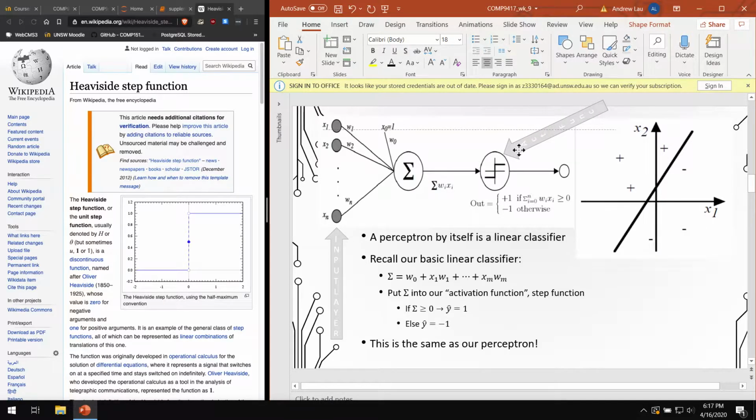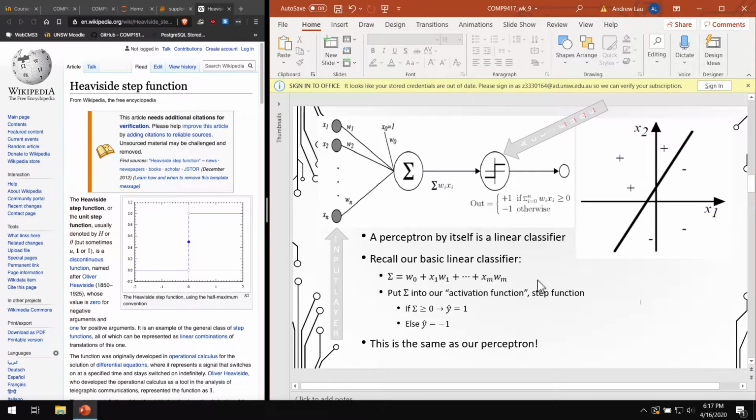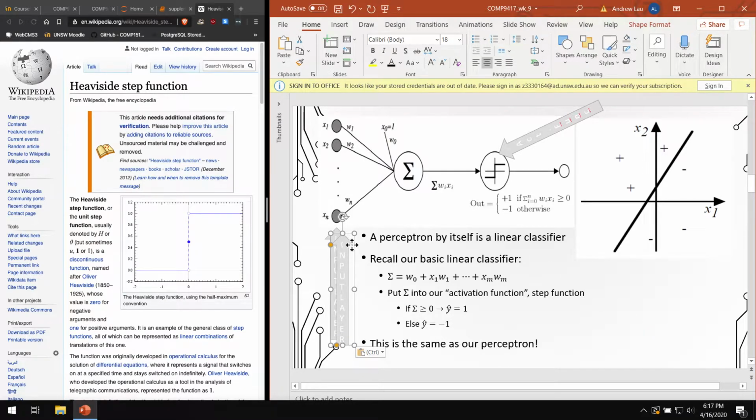Sorry, I know it's a bit hard to read, but you get the idea. And then this final bit here